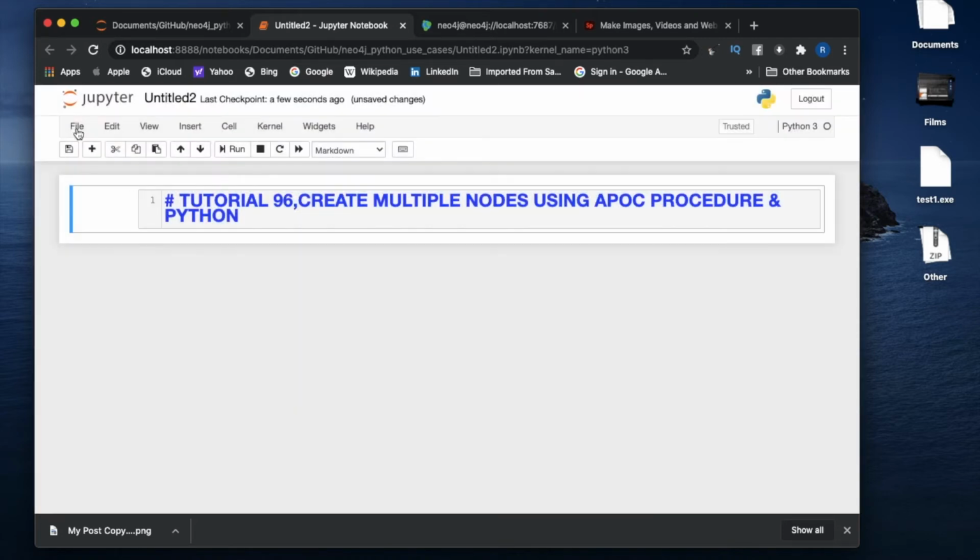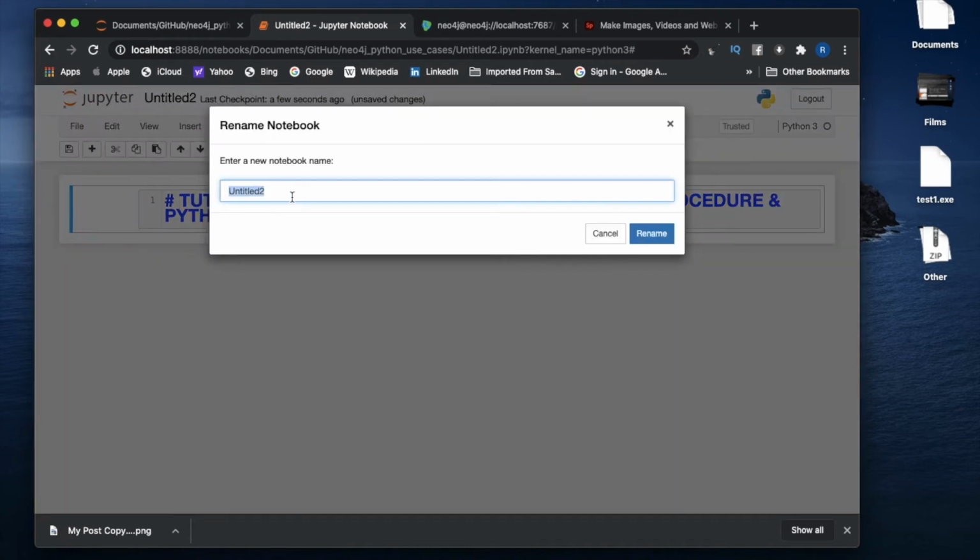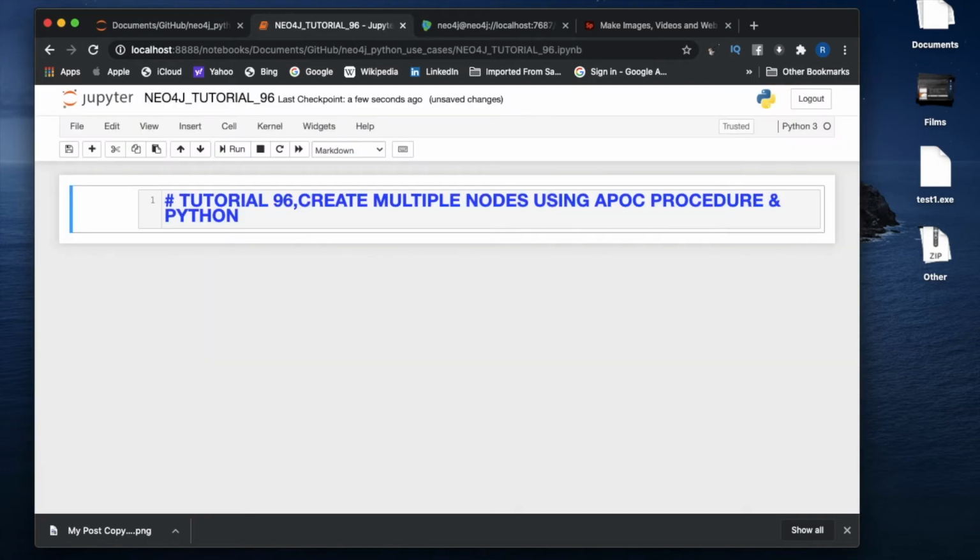That's it. Then we'll rename this to neo4j_tutorial_96.